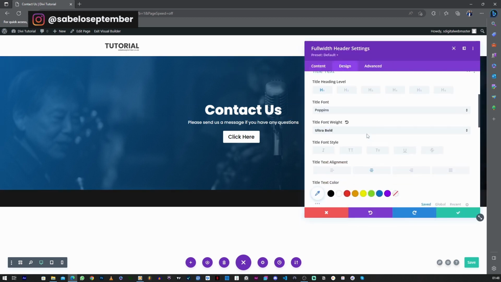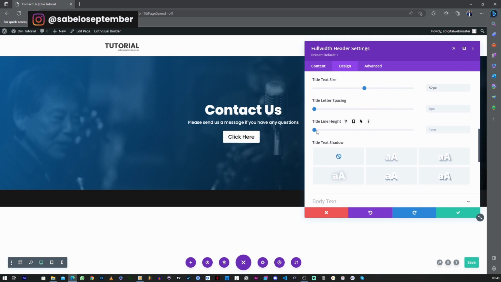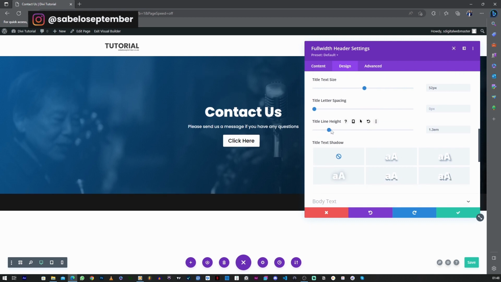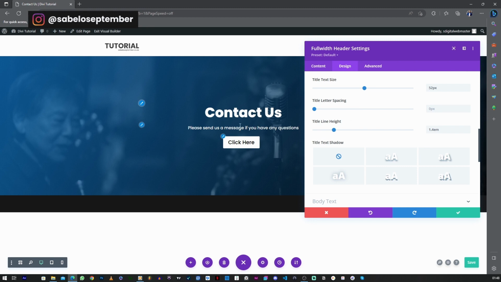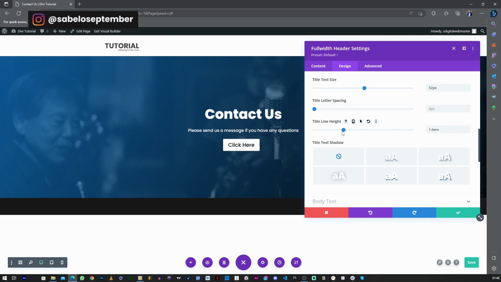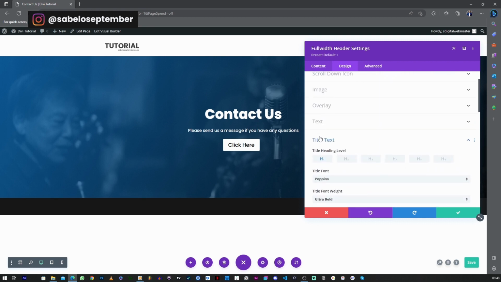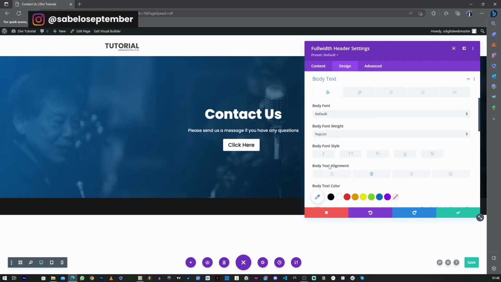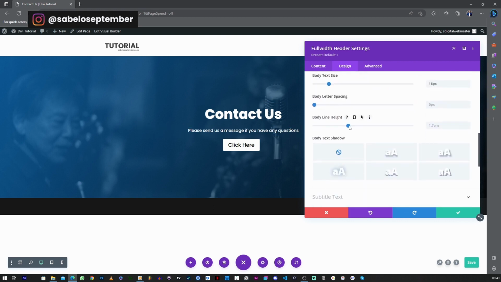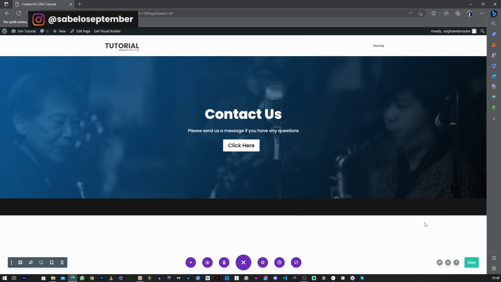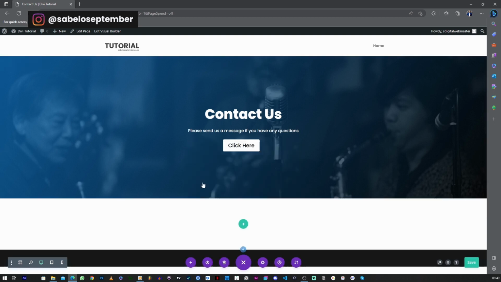Quick, and go to contact us. I want the title line height to be something like 1.4 so that there's distance between, oh, it's already set. Let's leave it at 1.6 and select OK. Now let's add a new section real quick, guys. And now we're gonna add a regular